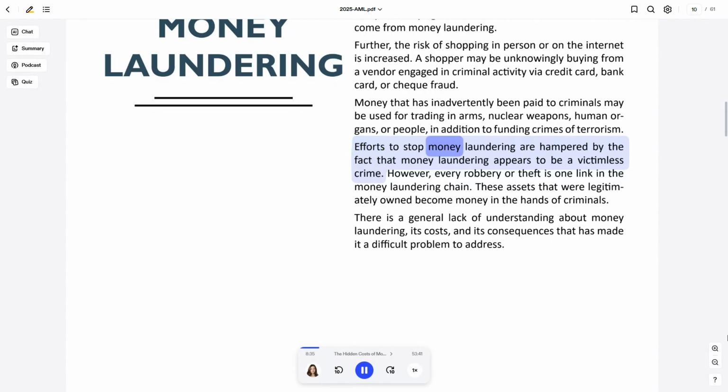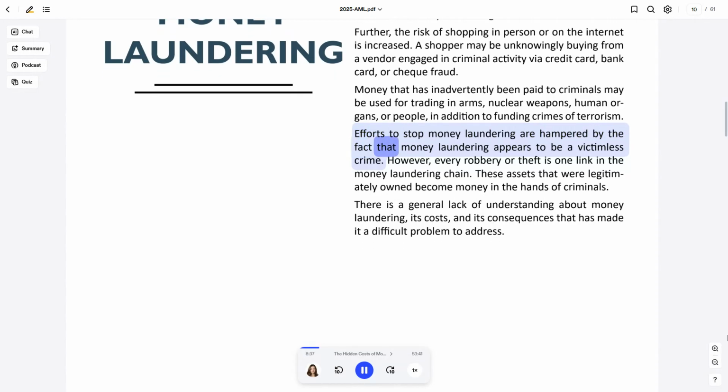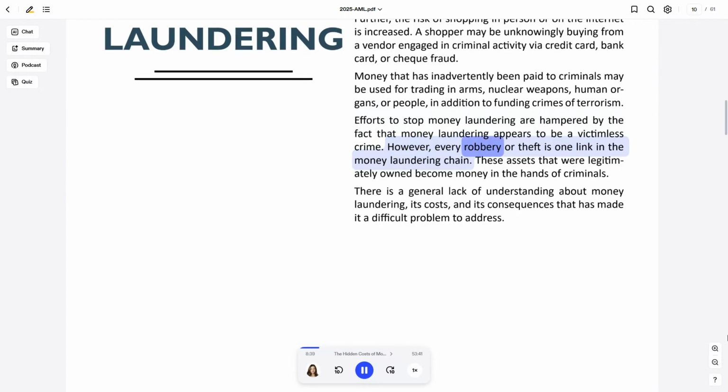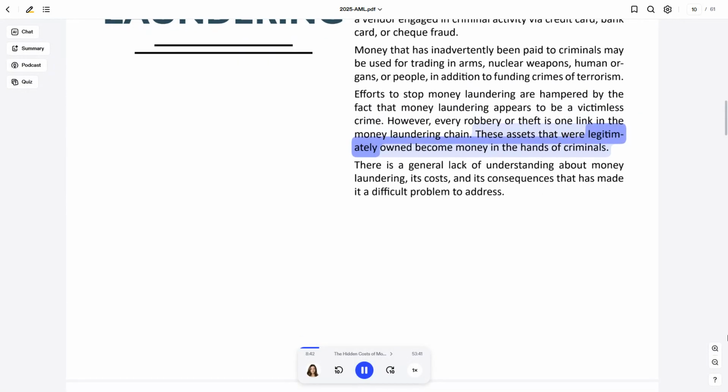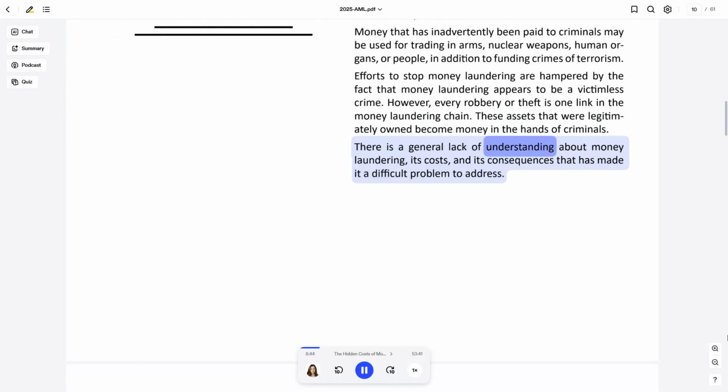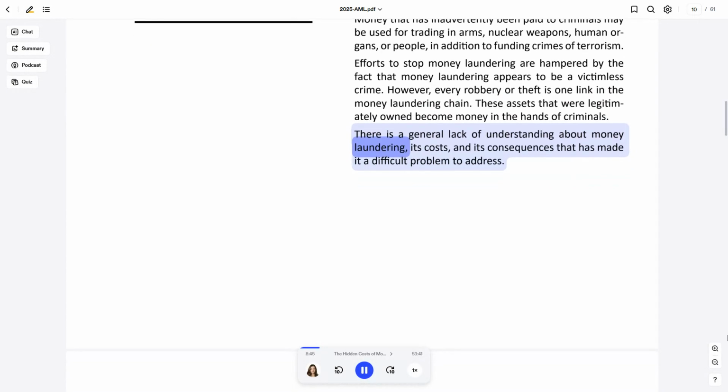Efforts to stop money laundering are hampered by the fact that money laundering appears to be a victimless crime. However, every robbery or theft is one link in the money laundering chain. These assets that were legitimately owned become money in the hands of criminals. There is a general lack of understanding about money laundering, its costs, and its consequences that has made it a